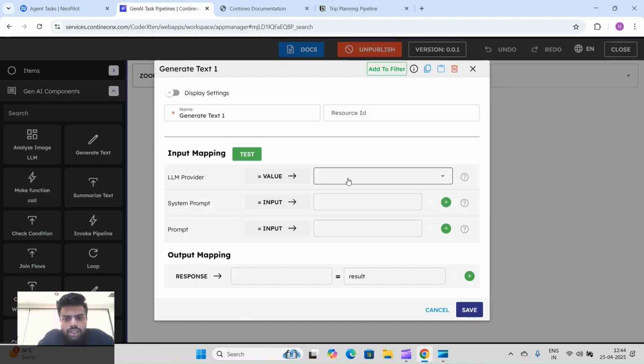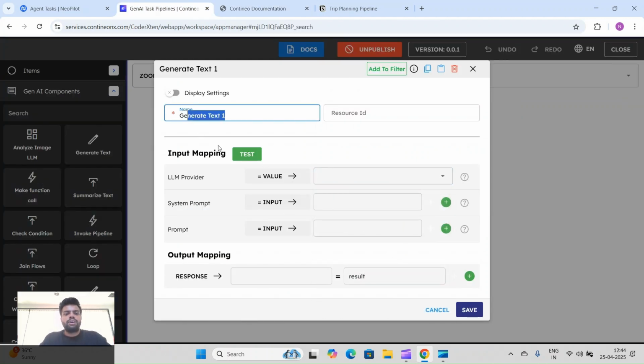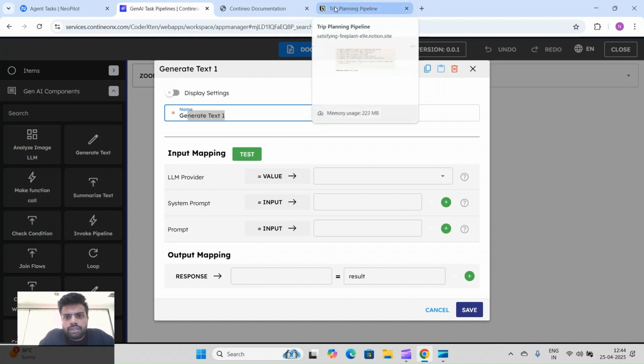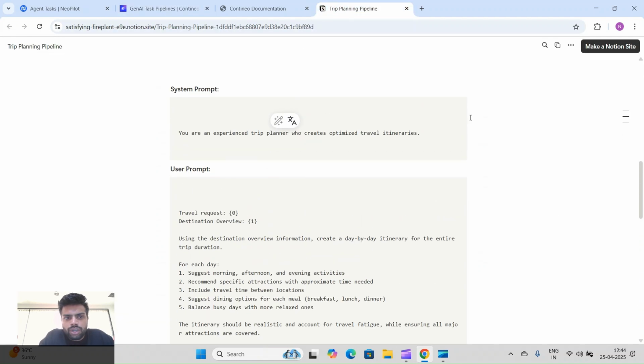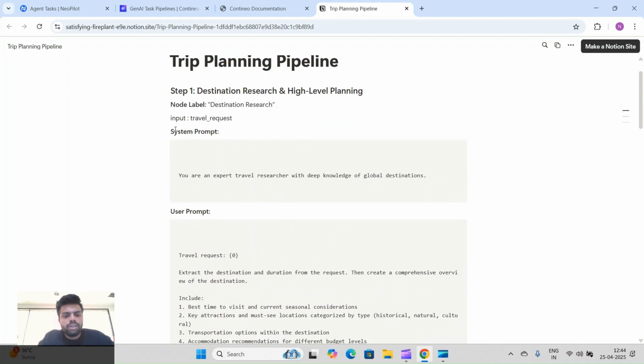So in generate text, first we give a name to our block. As I said, we are going to implement a chain of thought approach here to plan the user's travel plan. I have pre-written some prompts which we are going to use today. Here you can see your prompts.